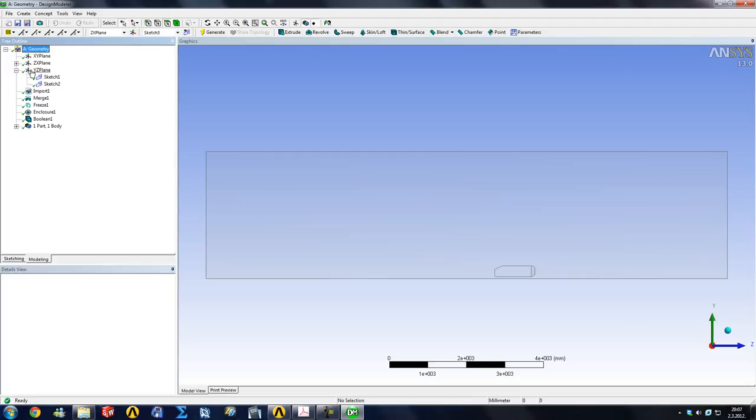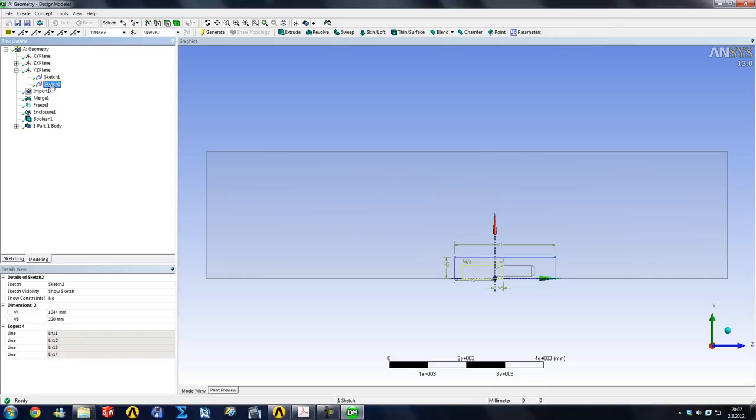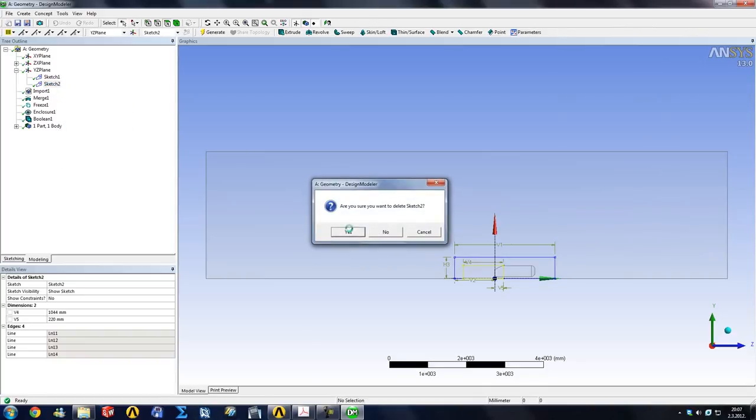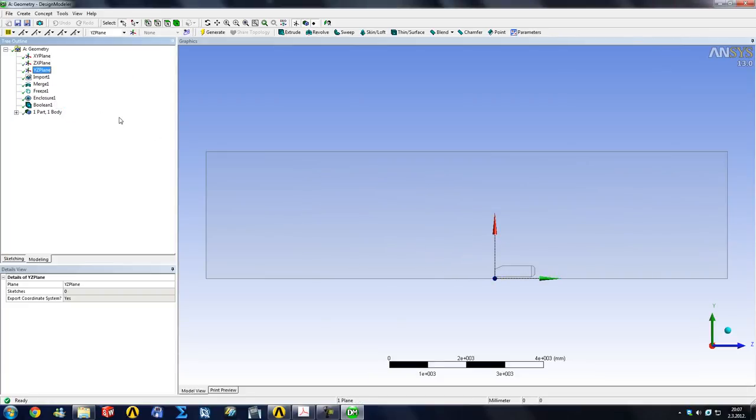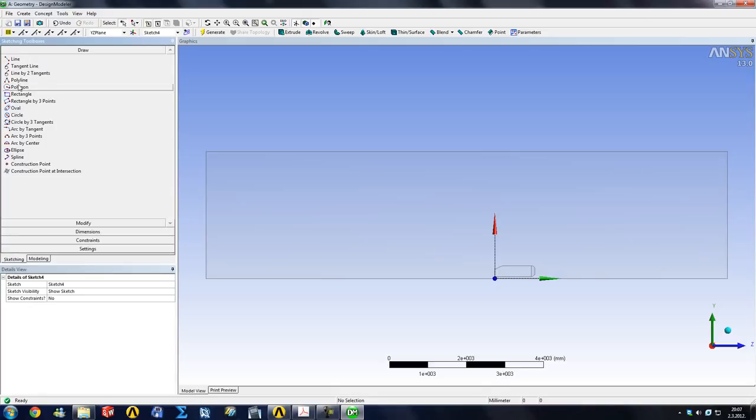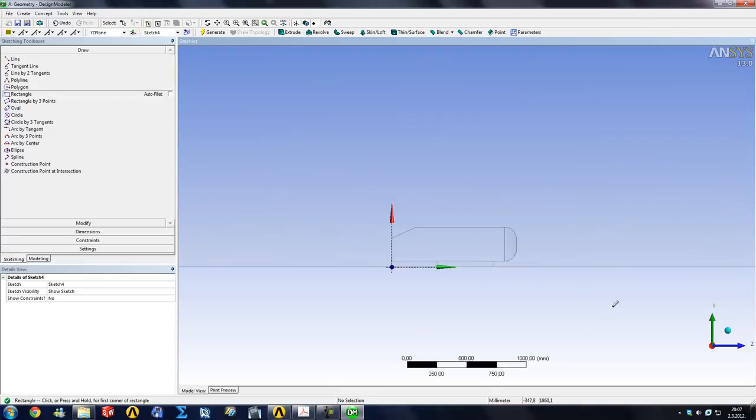So you would like to go into the YZ plane. I've already made a couple of sketches here. We can delete this one, and I'm just going to delete this one too, so there is no confusion. So, YZ plane, click the little blue icon with the dot here, which is a new sketch, and you would go under sketching here on the left. You would create a rectangle, and let's zoom in a bit. When you get near your axis, it will create a little C here,